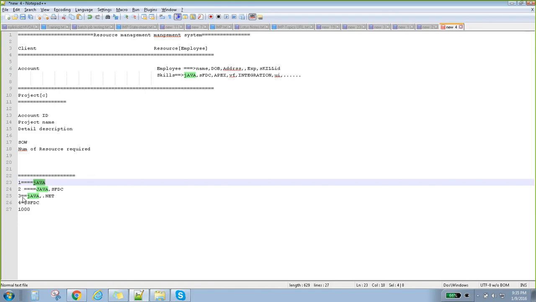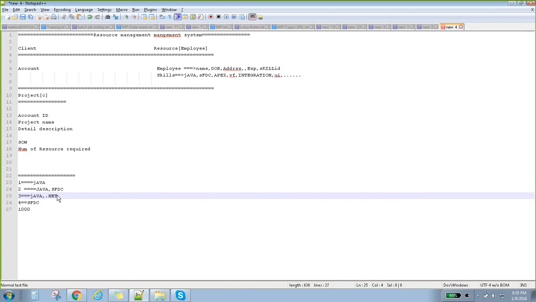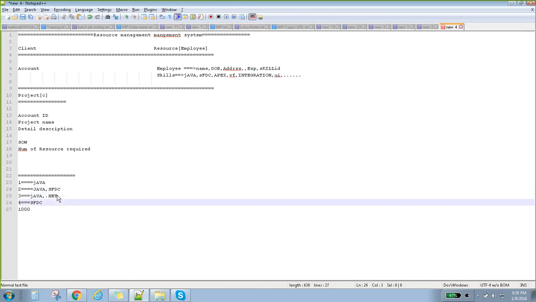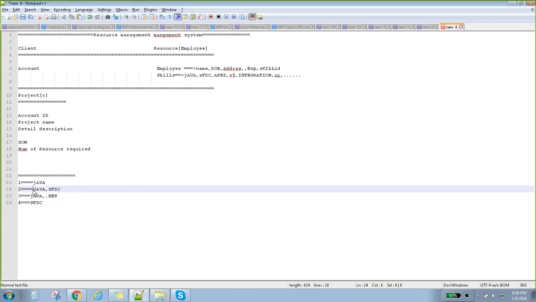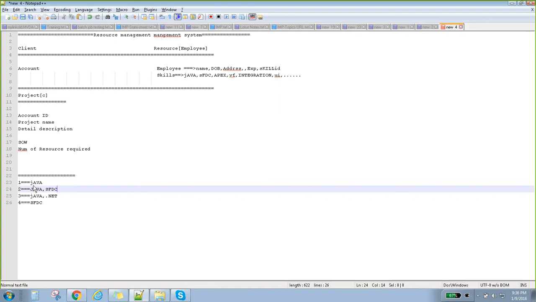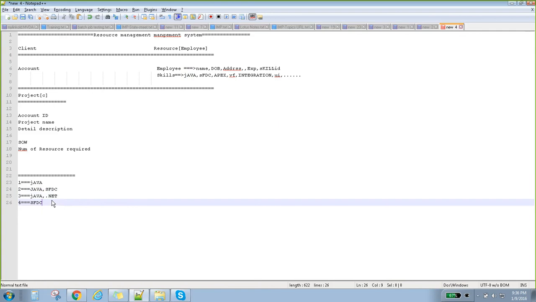Are you clear with the concept? Clear. So instead of loading duplicate data everywhere, just create it as a child object and refer to that object, basically a lookup, right? To avoid duplication of data in Salesforce or any database, we go for normalization. We think of child objects, different objects, create a master list of those things, and refer to it from one object. That is basically called normalization. We have to do it as much as possible. So this is one example.